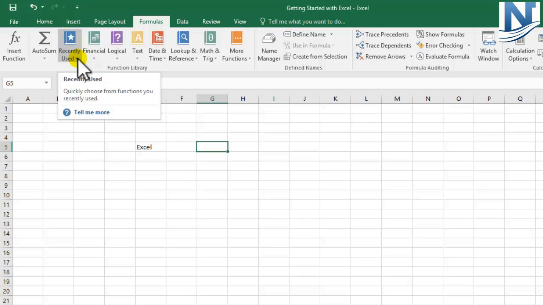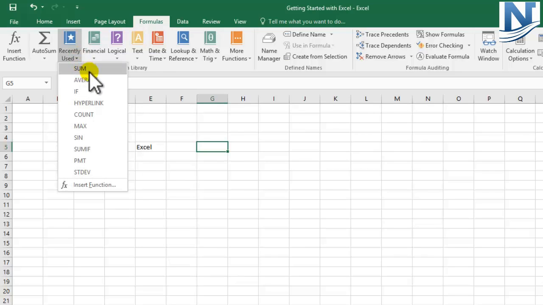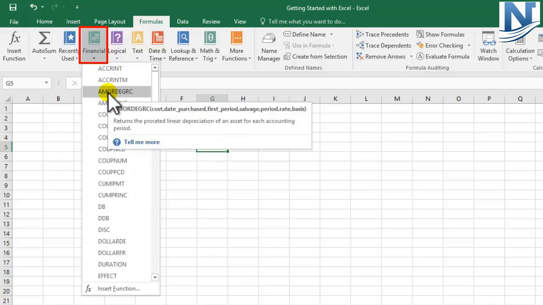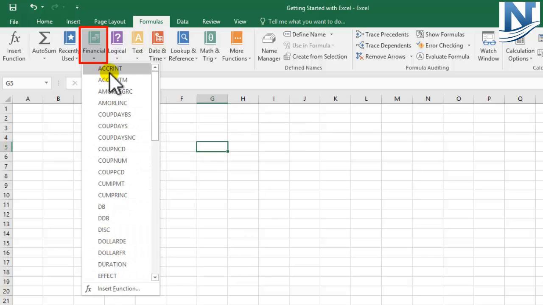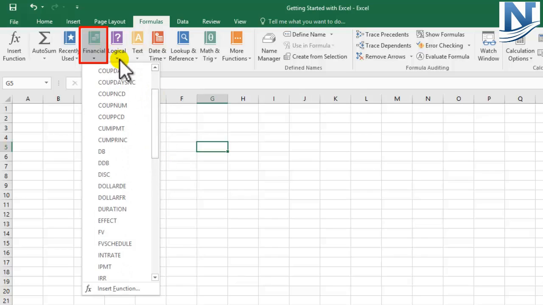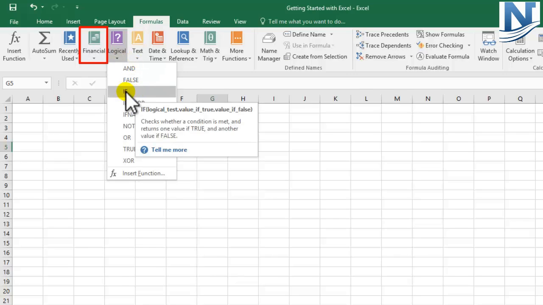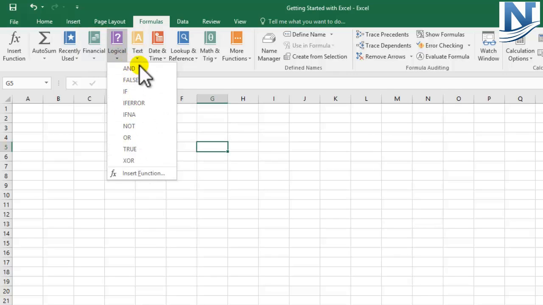What do I mean by recently used? As in, I have used some formula before, so you do not want to get into the hassle of looking at it again and again. So you can just click on recently used and make use of whichever formulas you want to. You also have the categorization for financial formulas. Okay, so these are various types of financial formulas that are present. For example, coupons and for duration. So different types of financial formulas are present in this category. Logical formulas, very interesting and very useful. Okay, we are also going to see some of these formulas. IF formulas we're going to see in some of the future tutorials. So logical formulas are all present over here.